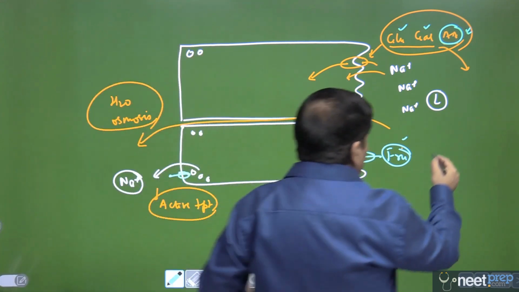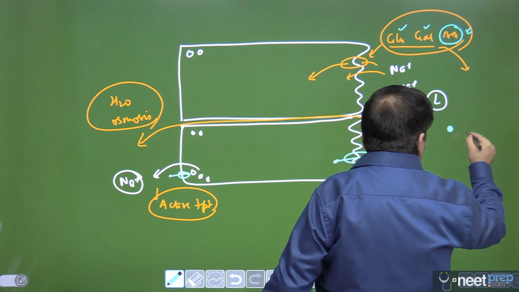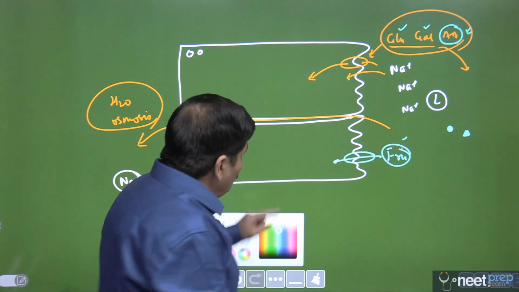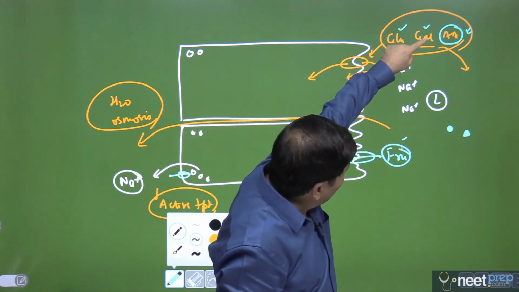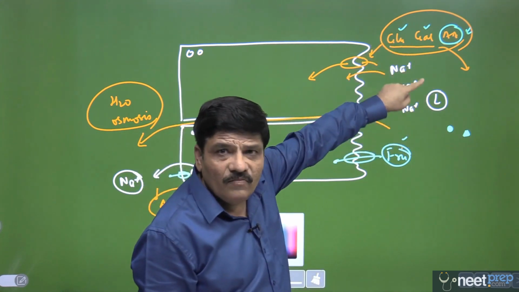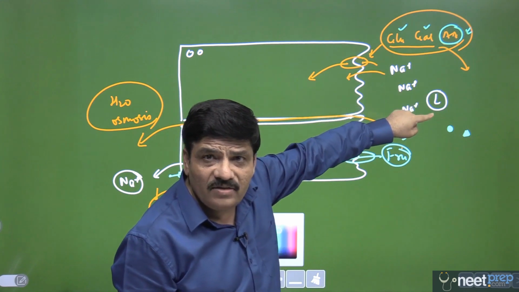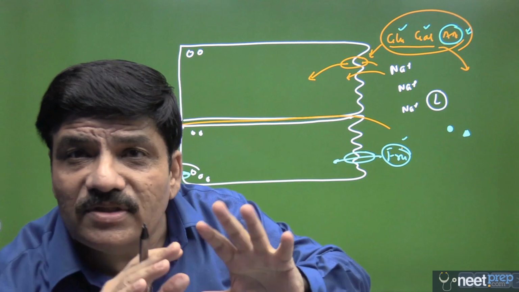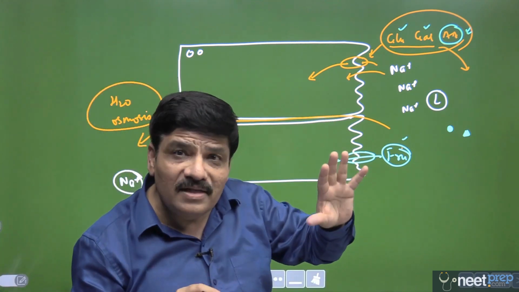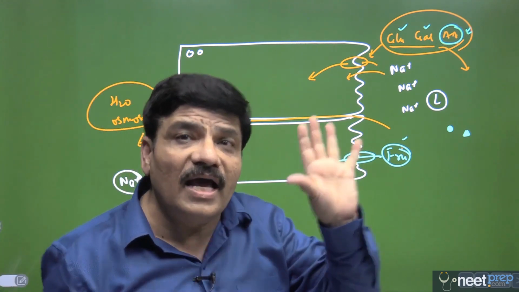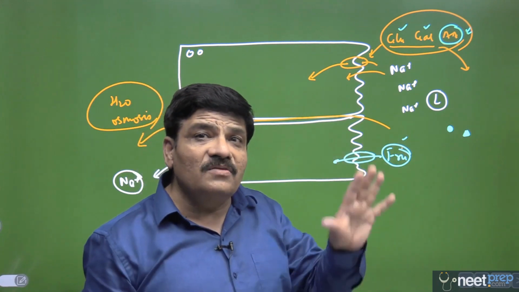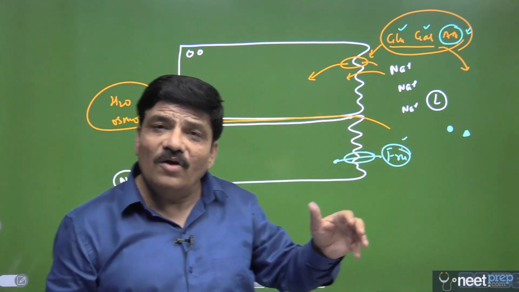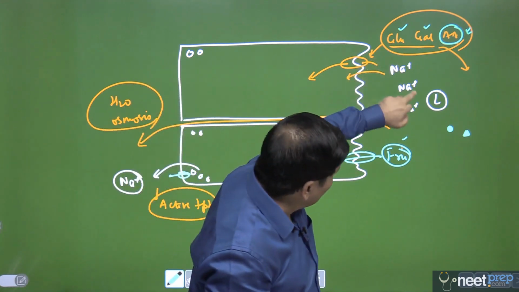So we are saying that this is, let us say, fatty acid, and let us say this is glycerol, and there would be a micelle formation. Now please remember, the bile salts will also be coming down to this place in the terminal part of the ileum. They were released into the second part of the duodenum along with the bile secretion. If you remember, they helped in the mechanical process, which is emulsification of fat, breaking of large fat globules into small fat globules, and now they are also coming down.